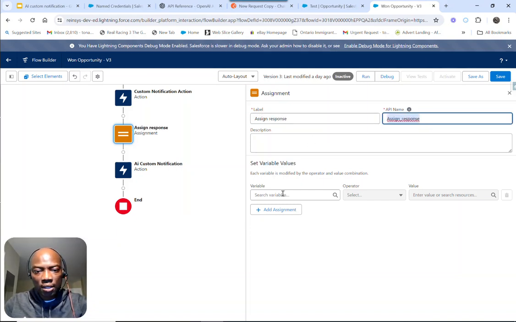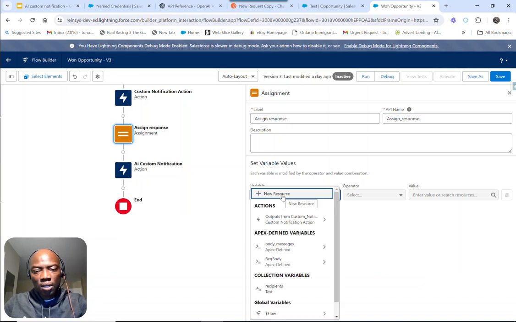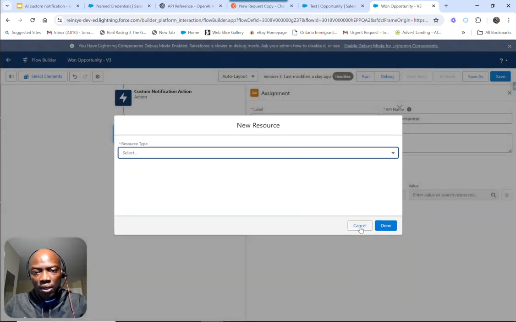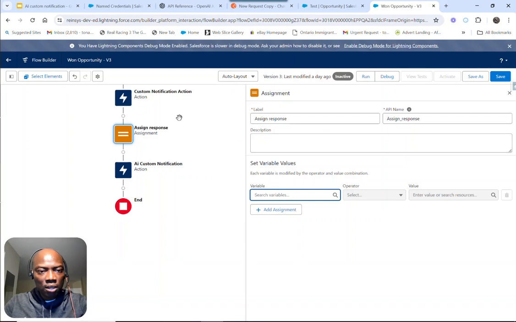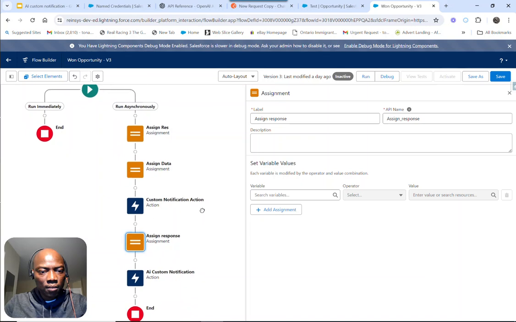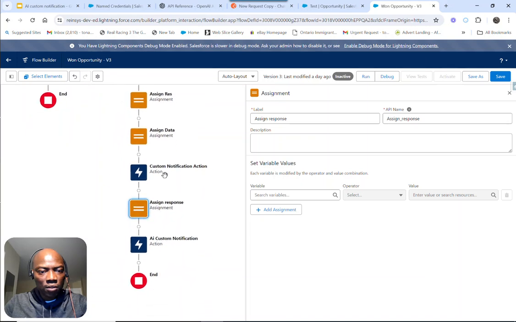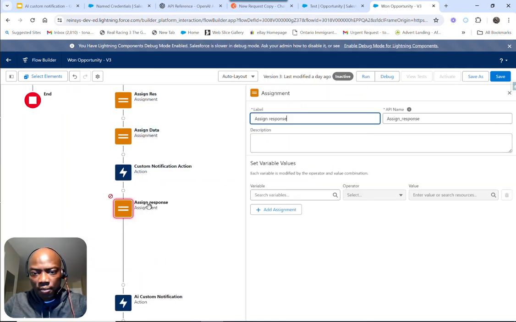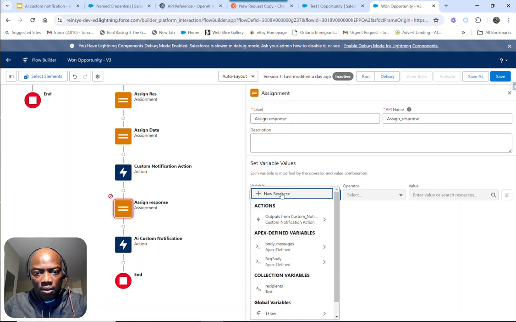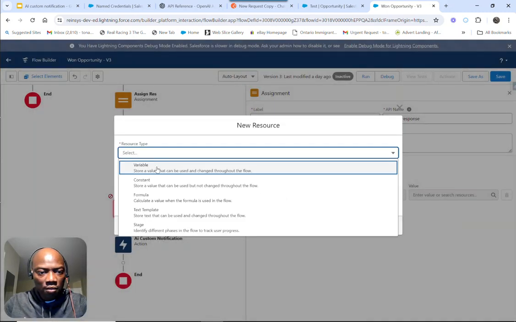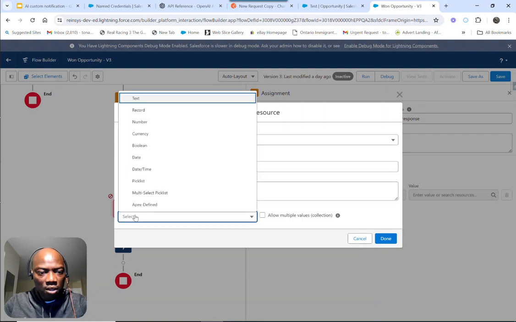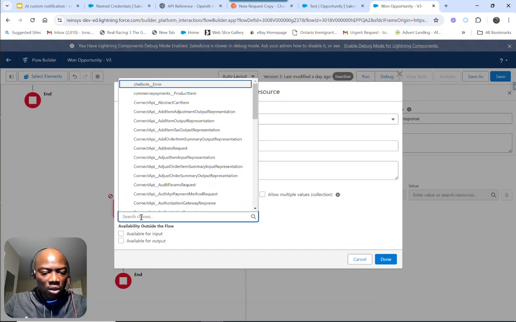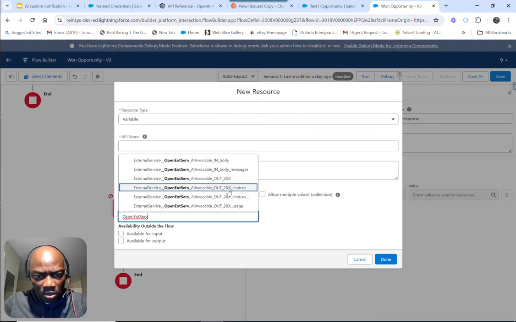We need to create an Apex defined variable. Before I do that, let me take my custom notification action. I need to copy this. Let's go back here. New resource. It's going to be a variable, and the variable will be Apex defined, with a class, that's why I copied that. The class is going to be